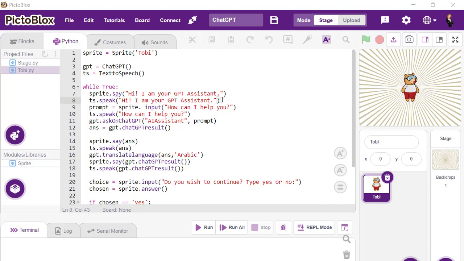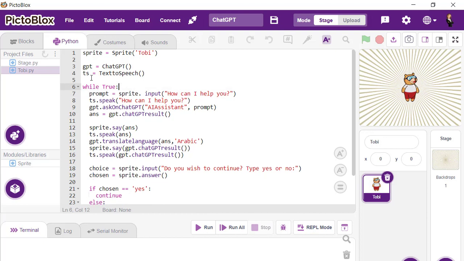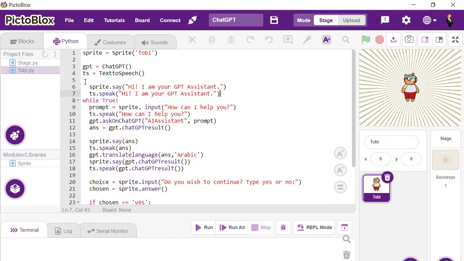We will do one more thing, that we will remove this from here and we will mention it before the loop, so that it just says hi when the program starts, not again when we wish to continue. So shift and tab for back indenting. Alright,